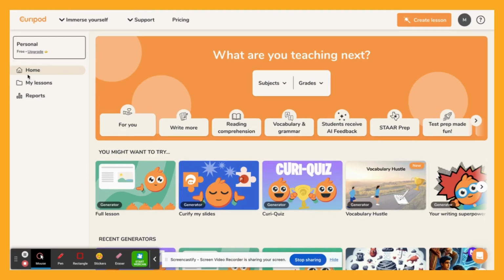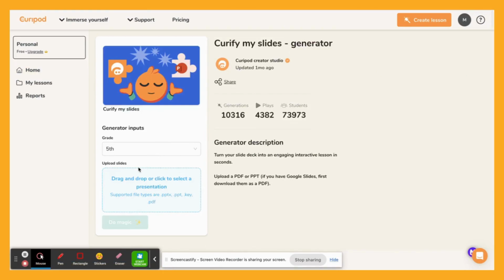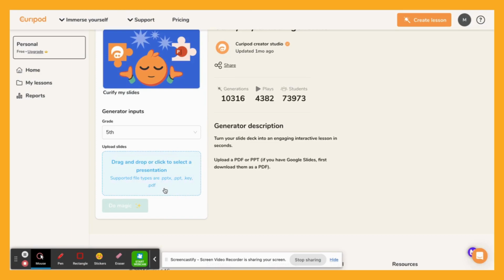So to navigate Curipod, your home button is here. This gives you a bunch of different options you can start. It has stuff for creating a full lesson, and Curify My Slides. That is how you would upload your PowerPoint. You could also upload Google Slides by downloading as a PowerPoint and uploading it here, and it transforms a lesson using their AI capabilities, and it adds in poll questions and feedback tools and stuff that they have embedded